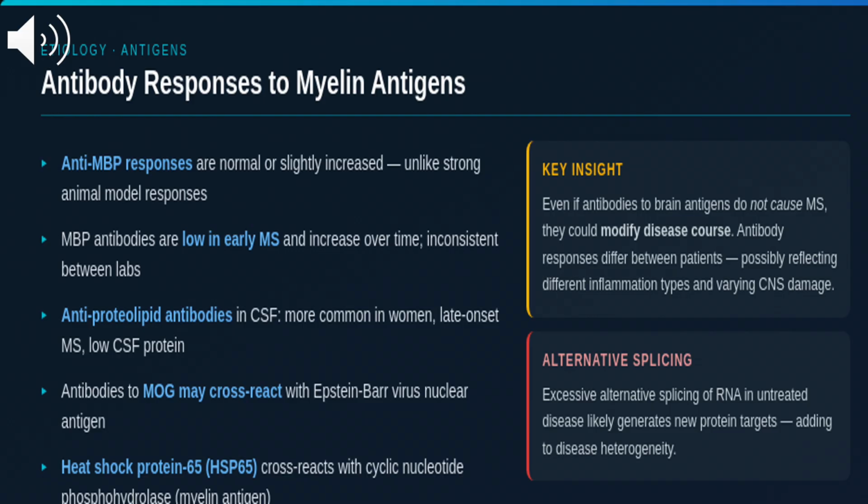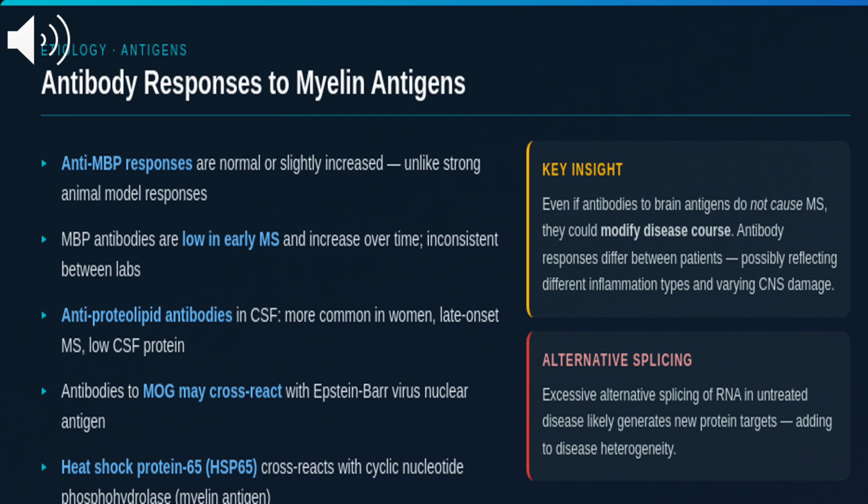Two findings deserve special mention. First, antibodies to MOG can cross-react with Epstein-Barr virus nuclear antigen, providing yet another bridge between EBV and myelin-directed immunity. Second, heat shock protein 65 is highly conserved between bacteria and humans, and it cross-reacts with the myelin antigen cyclic nucleotide phosphohydrolase. This represents a potential mechanism by which common bacterial infections could trigger or amplify MS. The bottom line, even if myelin antibodies don't cause MS, they may critically modify its course, making them potential disease